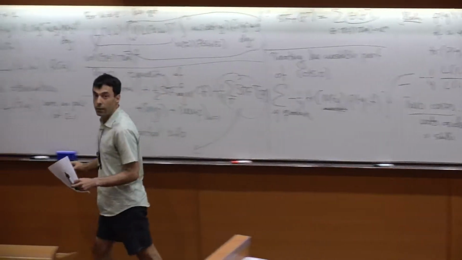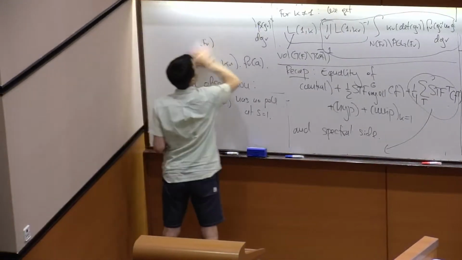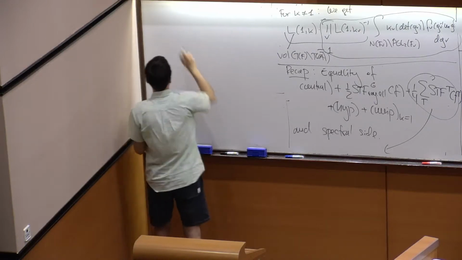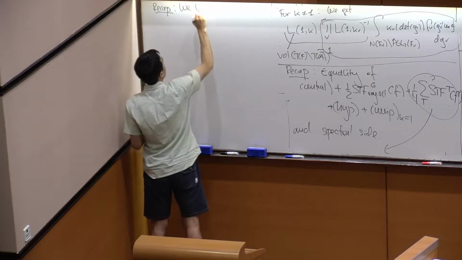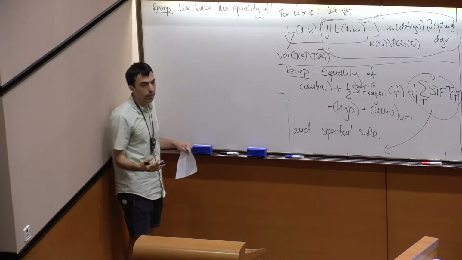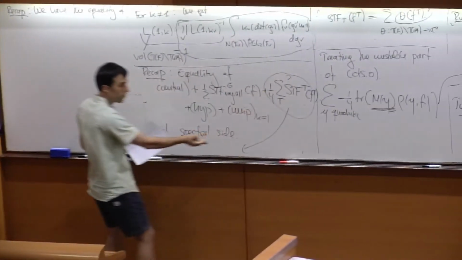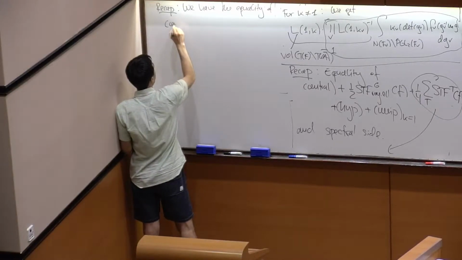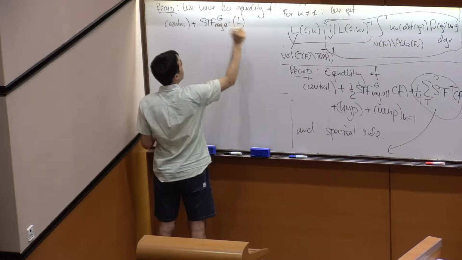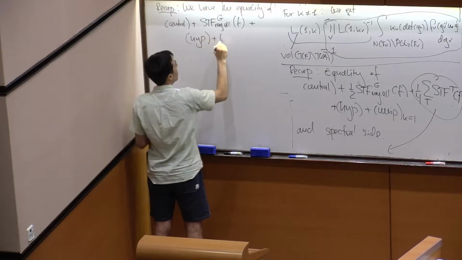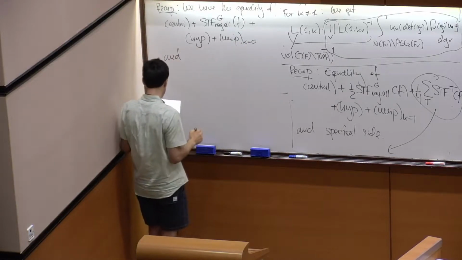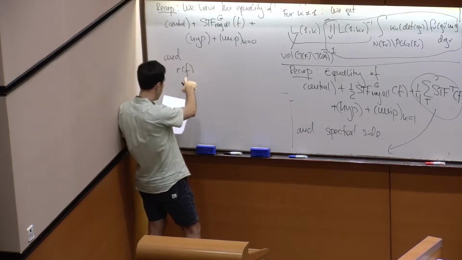So let's write this down. Let's write a summary of where we find ourselves at the moment. So, recap. We have the equality of, we still have a geometric and a spectral side. We haven't quite left that realm, even though we moved something from the geometric to the spectral side. The two sides are still cleanly distinguished. We have central plus stabilized regular elliptic for G, plus the hyperbolic, which we haven't touched, plus the unipotent, which now only has the kappa equals 0 piece. And on the spectral side, what we have is the discrete spectrum that we care most about,